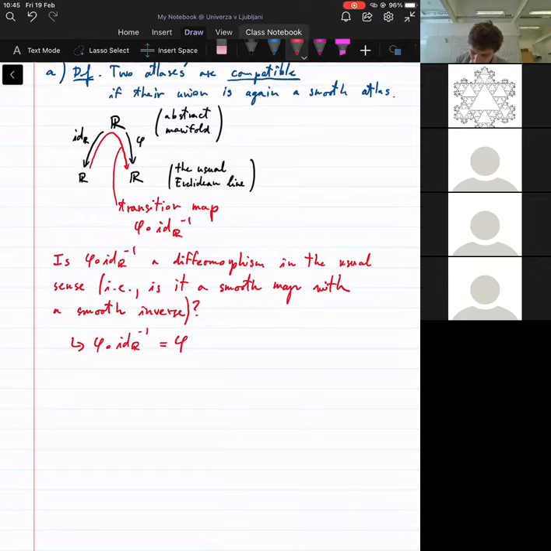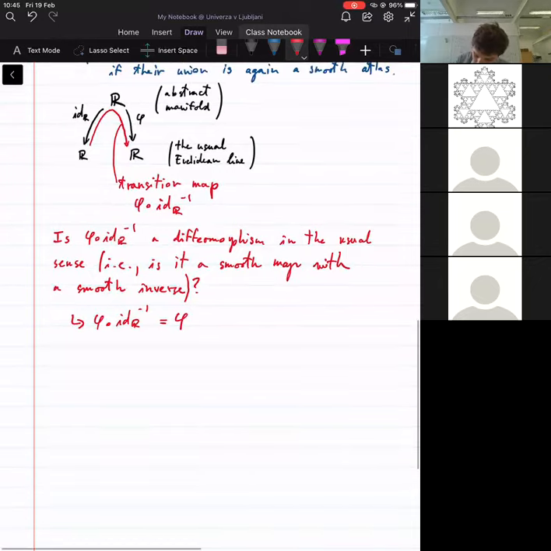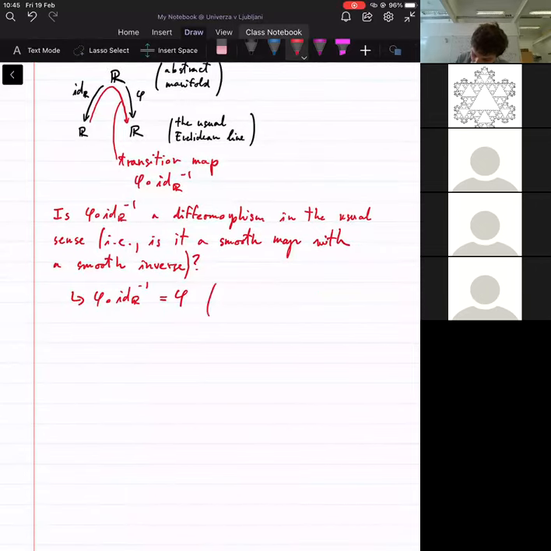So this is a map, x maps to x to the power of 3. So what is its inverse? The third root of x. Okay, so